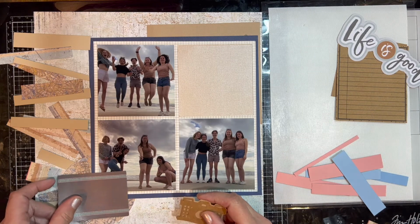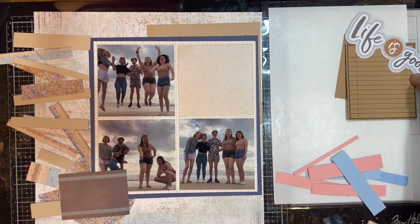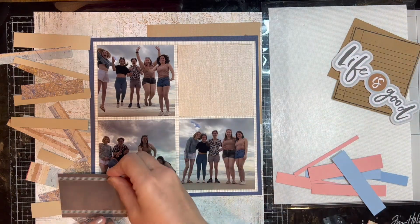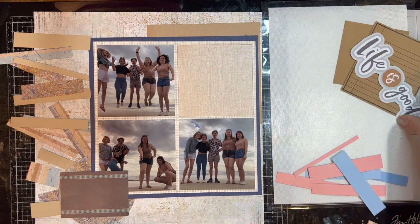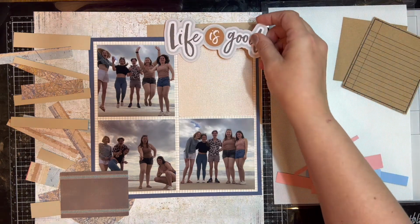It is just a dark piece of, it's a little embellishment that has a little bit of that green color on it. And the reason for the green color is it's sprinkled throughout the background. But then this is also a title from Creative Memories Picture Perfect Travels. And I want to use that